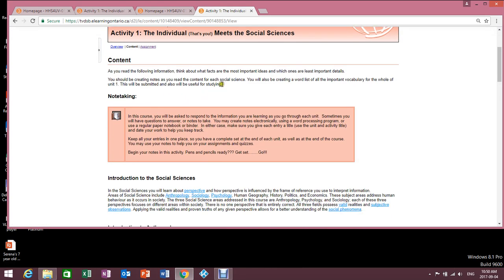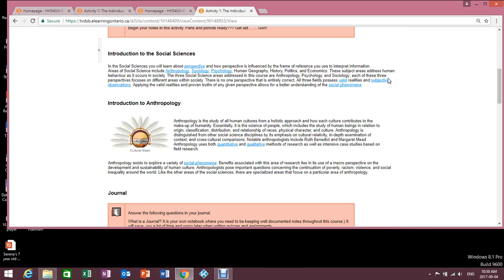Okay, this is where the lesson is, so make sure you are going through that. Now in this course, you'll see that sometimes these blue underlined things are links that you can click on, and sometimes they're actually just definitions. Okay, so these are definitions. These are good definitions to be keeping track of.